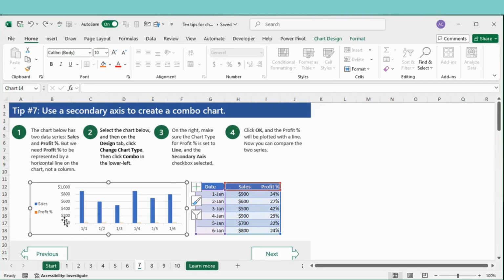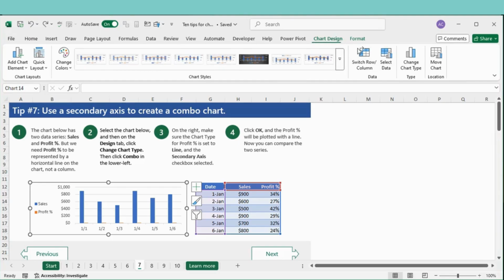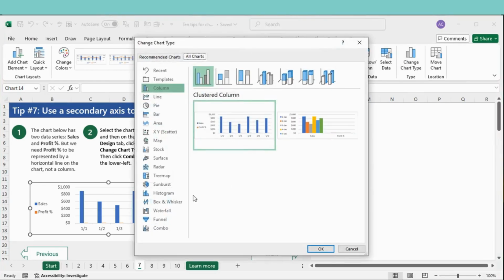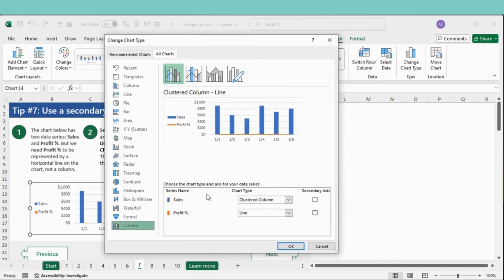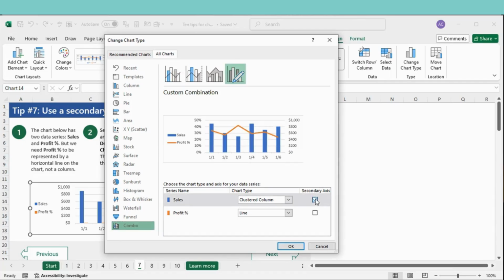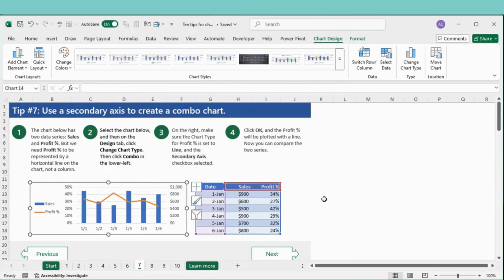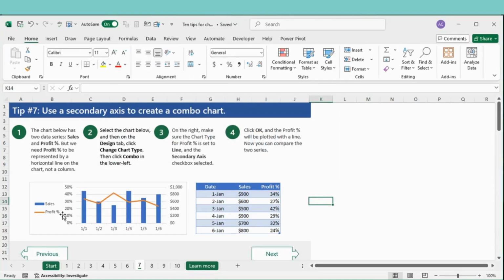Select the chart and then go to the Design tab, change chart type, select combo. Make sure the profit percentage is set to line and the other has the checkbox. Press OK. The profit percentage will be plotted with the line. Now you can compare two series.